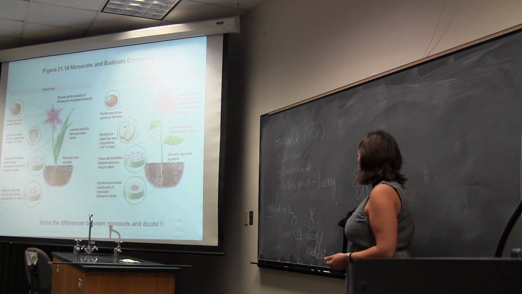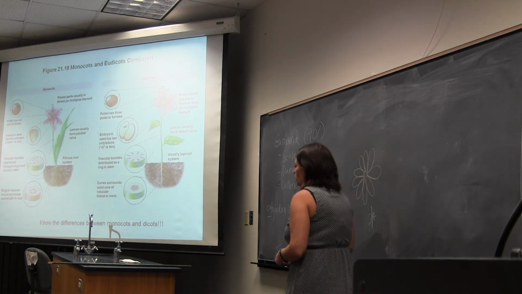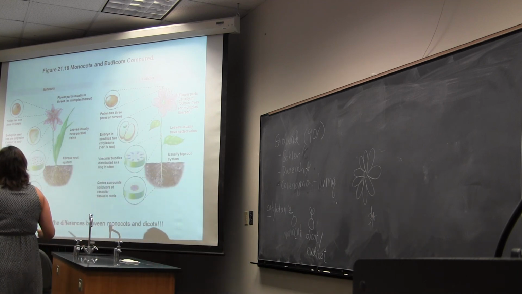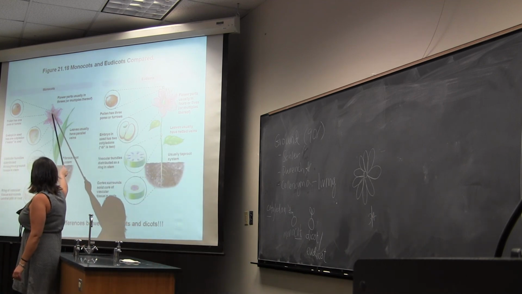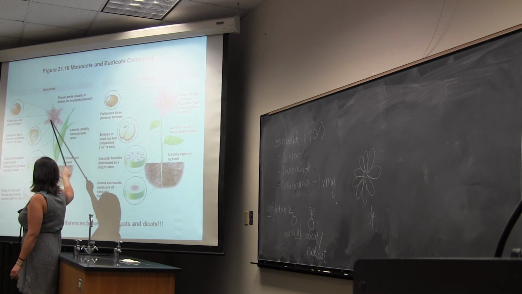So this has 9 petals, so that means the parts are in multiples of 3. And so it's not only the number of parts, it's also the way they are arranged. So you can see here, this is one part of the flower, right? This is one set of petals in a set of 3. And then the second set is